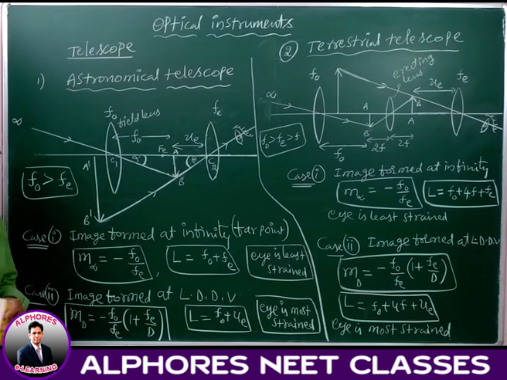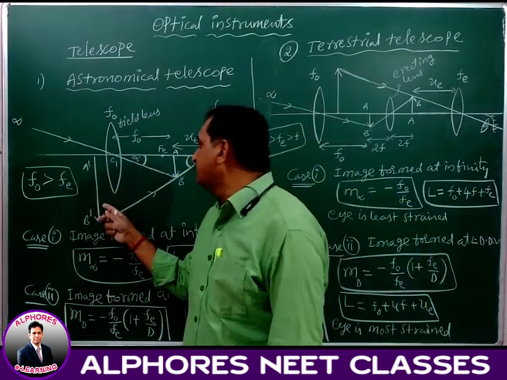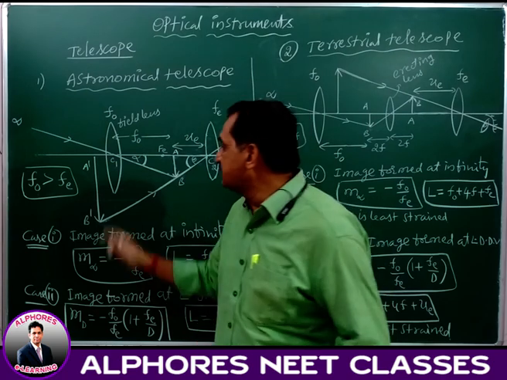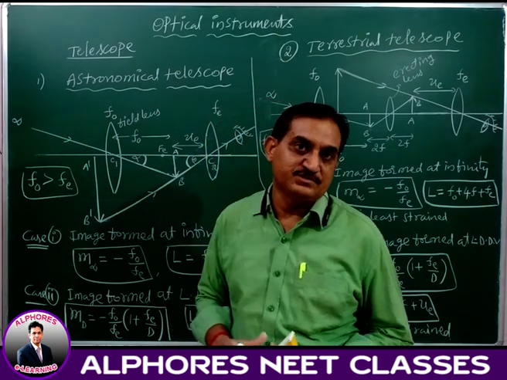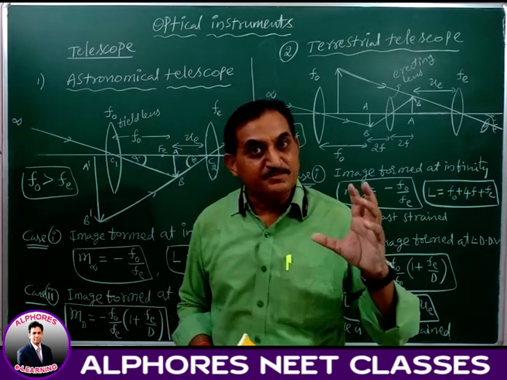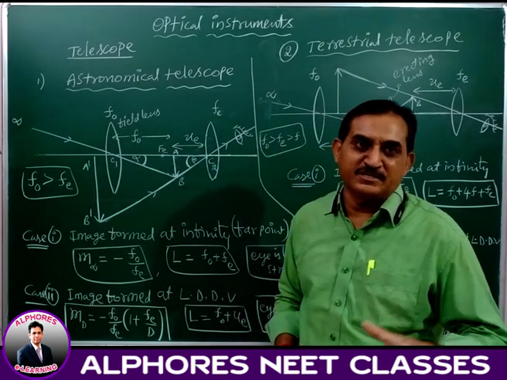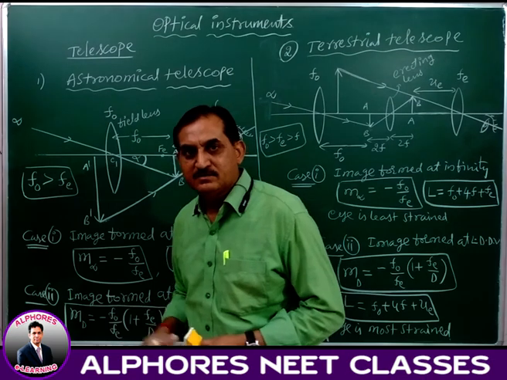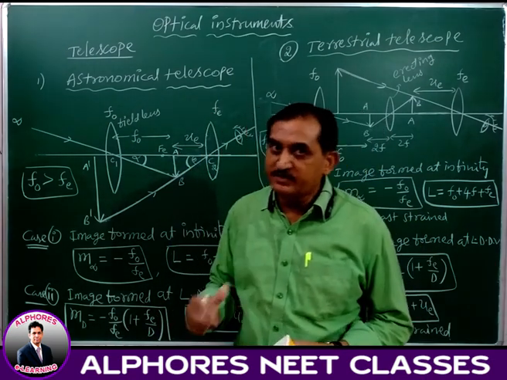So, which objects are we going to see with this astronomical telescope? Heavenly bodies. Okay. Now, the image finally formed is inverted. This inversion does not affect the observations. Why? Because heavenly bodies in general are spherical in shape. Therefore, there is no effect at all from the inversion while taking the observations of the image